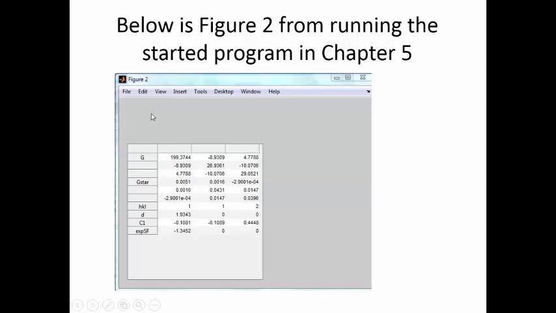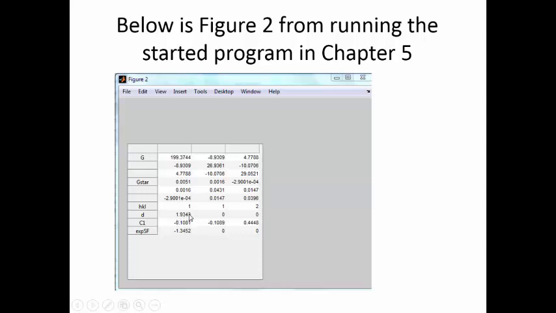This was figure 2, and you used the G and the G star. Now when you put in your highest reflection and run that program again, you have it all set up, and here's your 112 reflection, and you'll see that the d spacing is